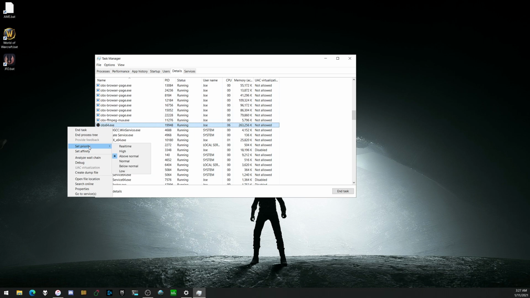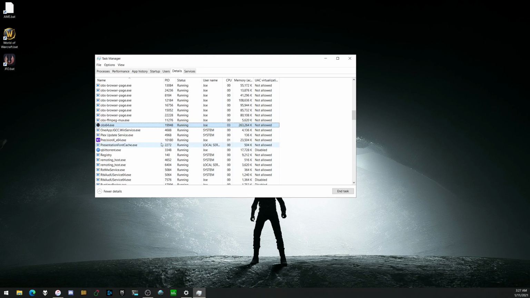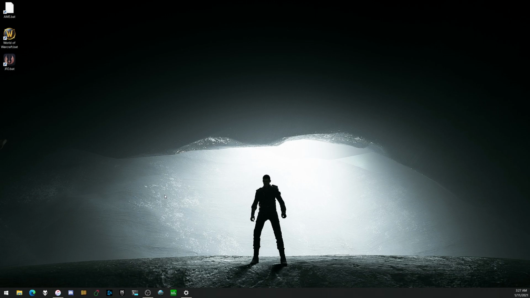Before you would set your priority, you can change this, but it is not allowed. Affinity, where you can disable cores to make your game lag more, is not allowed. The only way you can PBC that is allowed is to use the F11 key to